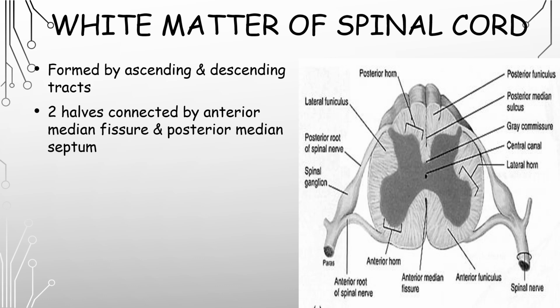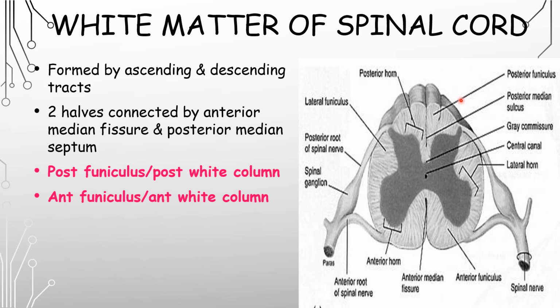In both halves of the spinal white matter, it is divided into the posterior funiculus, or posterior white column, and then the anterior funiculus, and then the lateral funiculus,